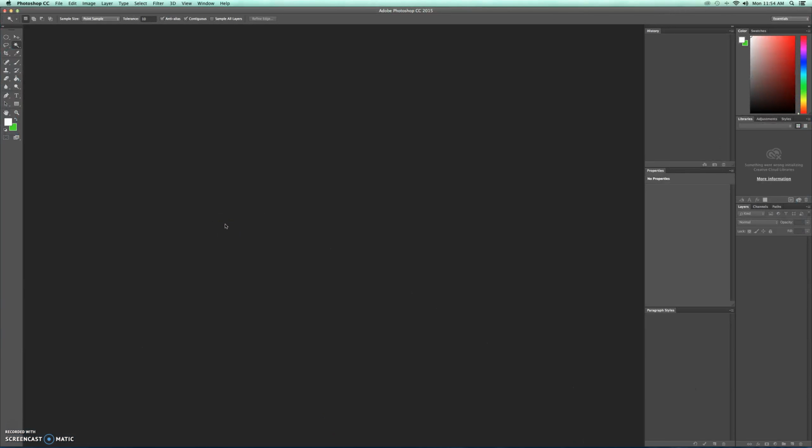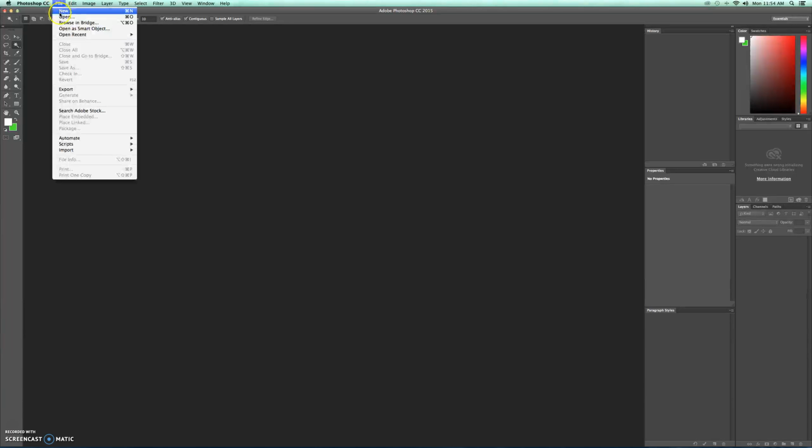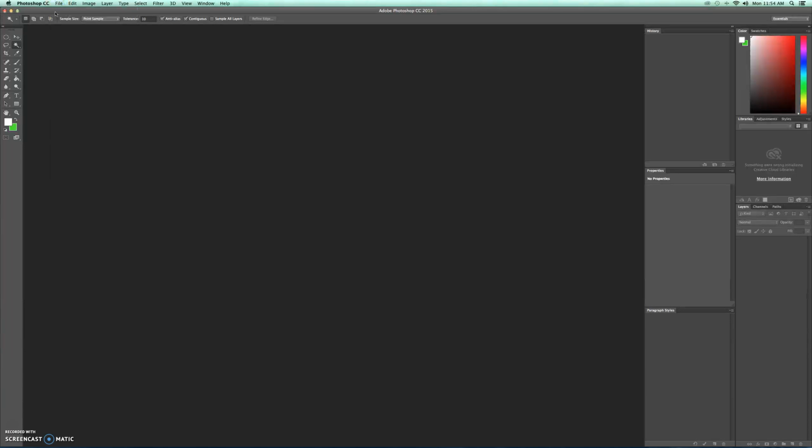So this is the interface. If we go up here, this is our main menu. It's like any other program that you might open, pretty similar. You're probably going to be using this file menu quite a bit, file open, file new. And then over to the left of the screen, this little bar here is the tools